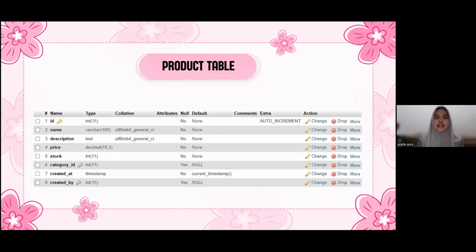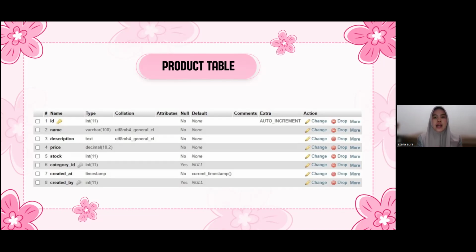This table is the database structure for the products entity, which is used to store product-related data in the system. ID, a primary key with integer type and auto-increment for unique identification for each product. Name, and there is price. So there is stock, the amount of product stock available, of type integer.